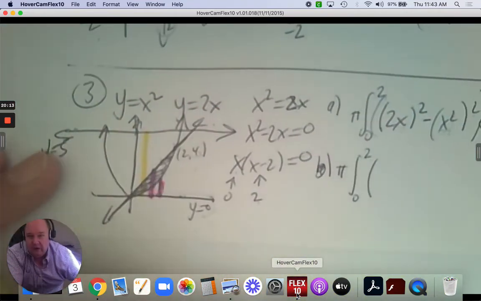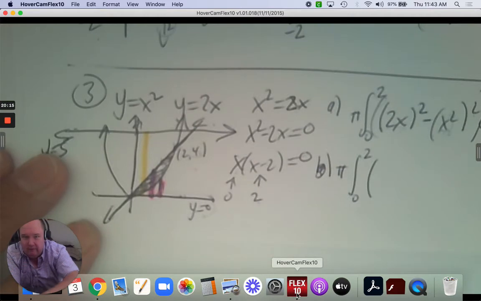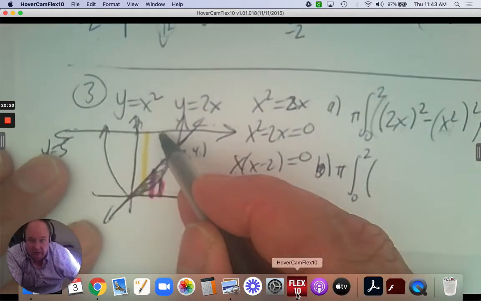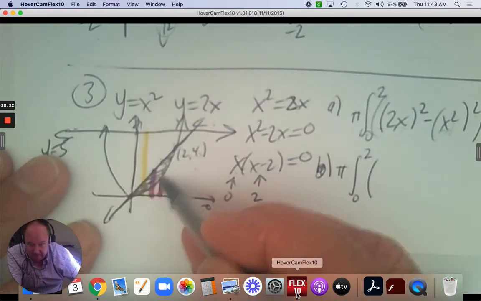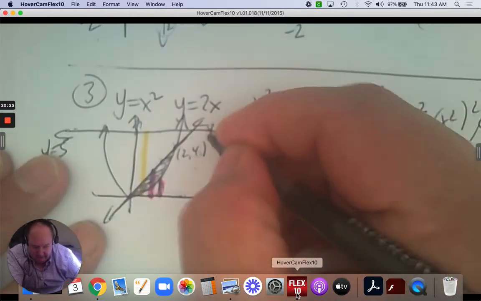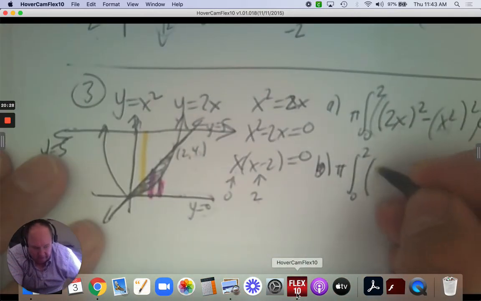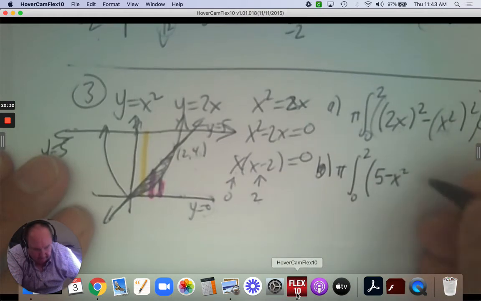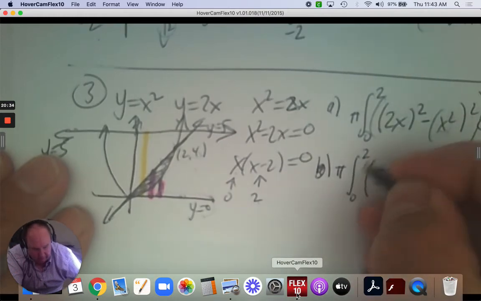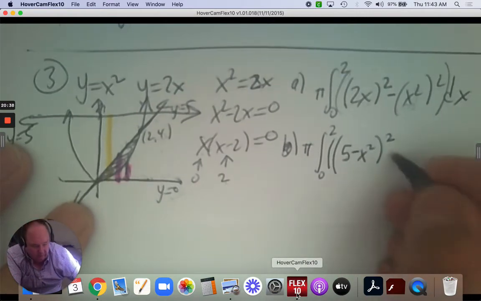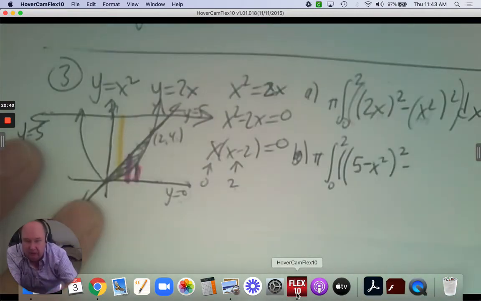So start at the line of revolution, go through the area to the bottom, and then you go top, subtract bottom, which is the bottom of the curve there. So the top is 5. That's y equals 5. So the top is 5, subtract, and the bottom there is x squared. There's your first radii. That's the big one. Subtract. Now the smaller one